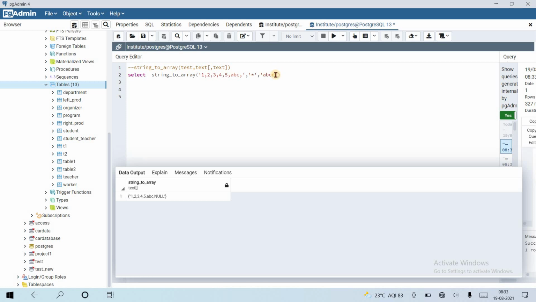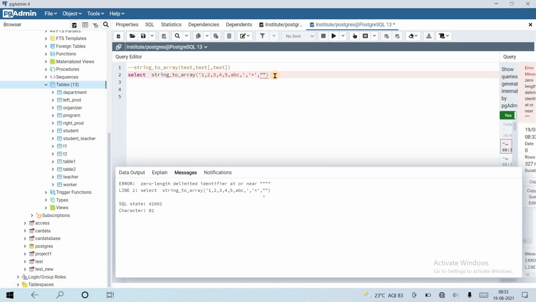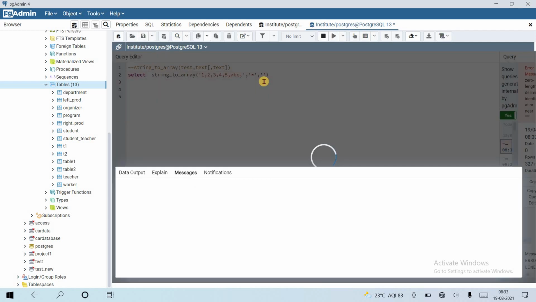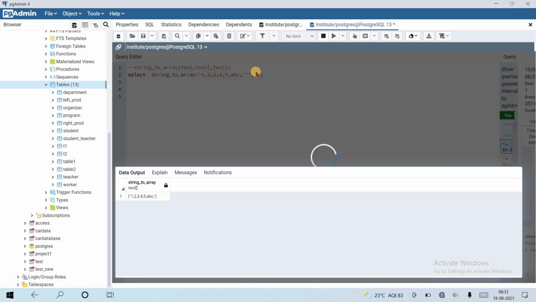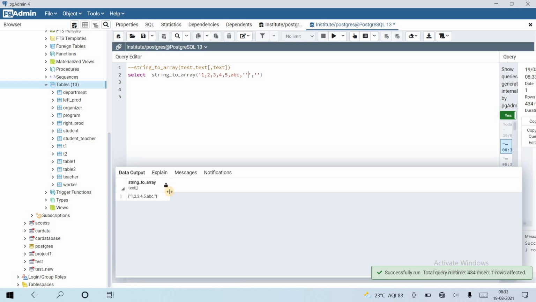Okay, let's make this last value just an empty value like this. Zero length delimiter identified. So we need to pass something, so the function will be fine. Okay, this is a zero length string, and let's try adding a zero length string here. Yeah, it will work fine. And if I make something ABC,